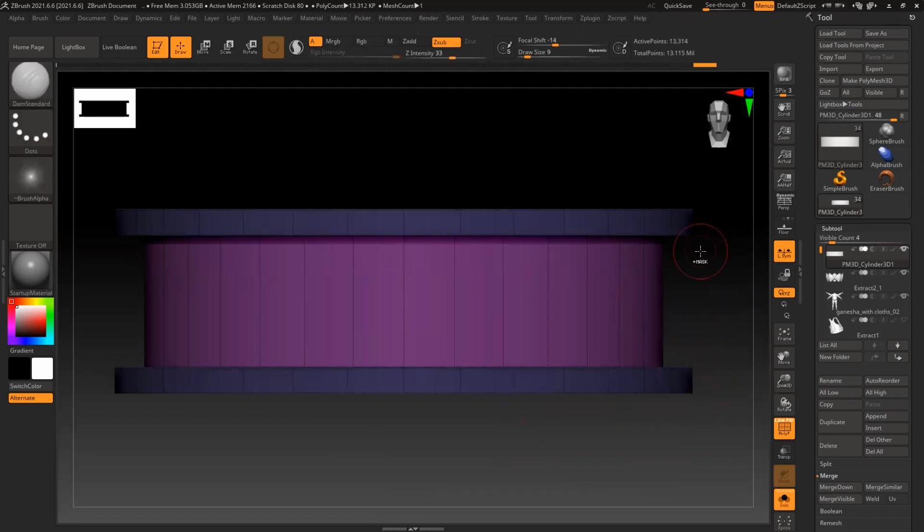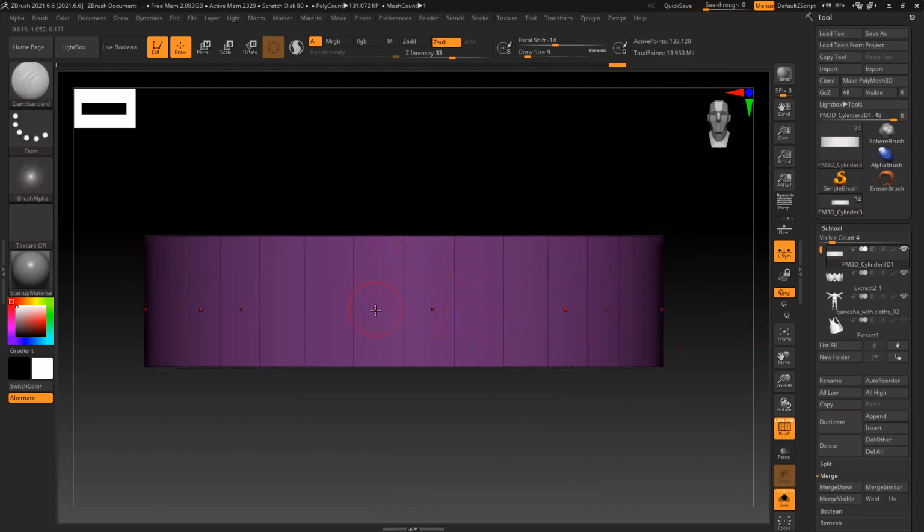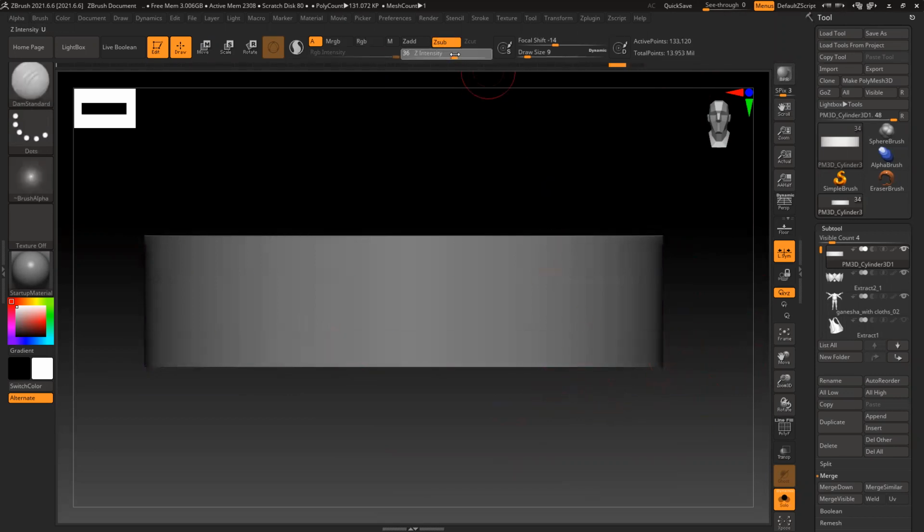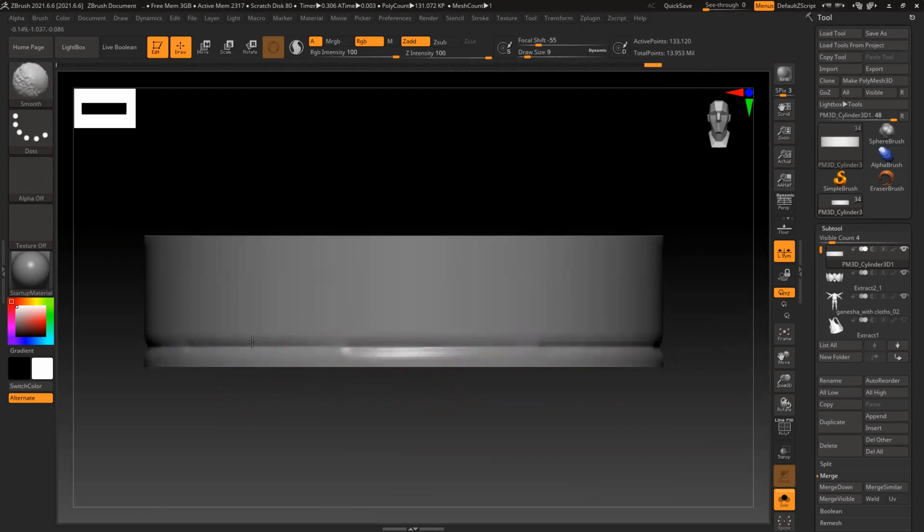It's just 13,000, so it's not enough. It will be multiple times, almost near about 1 million. So we need to create some design here. So I can see some shape is going on here. I want to create a straight line. You can do it very easily. If I want to control, reduce this intensity, you can do that as well. So almost straight line. Just want to repeat it.